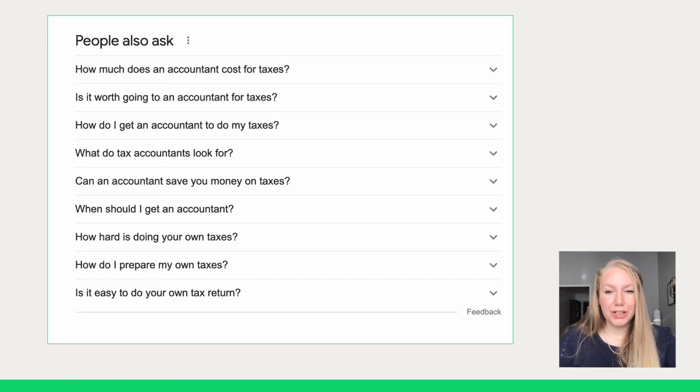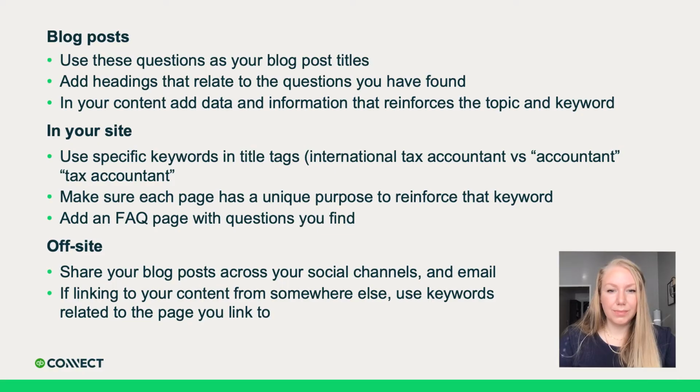Once you complete a search, you can also look in the search results for this people also ask box of questions, which lets you see other related questions people are searching for. Usually this will start small with 2 to 3 questions, but as you interact with them and start clicking on them, more and more questions will start to display based on what Google has identified that you've clicked on. These will give some great examples for what people are searching for, what phrases and words they're using, and great inspiration for your blog or articles.